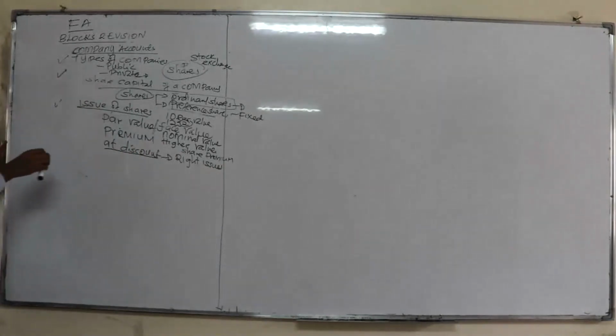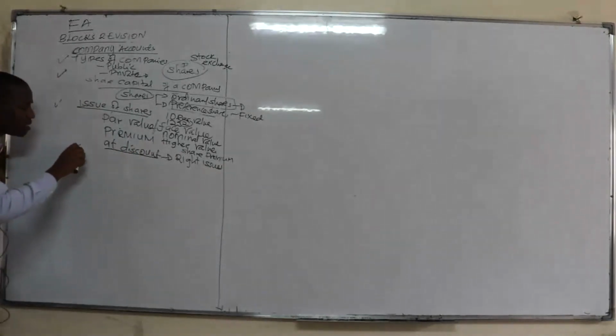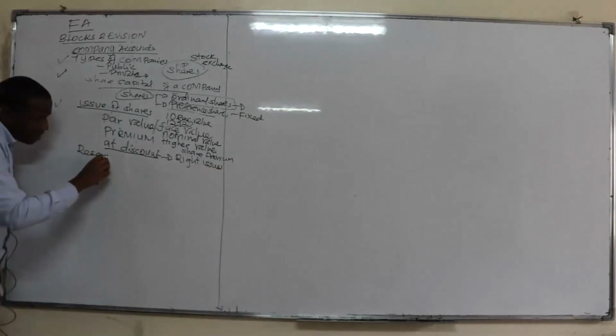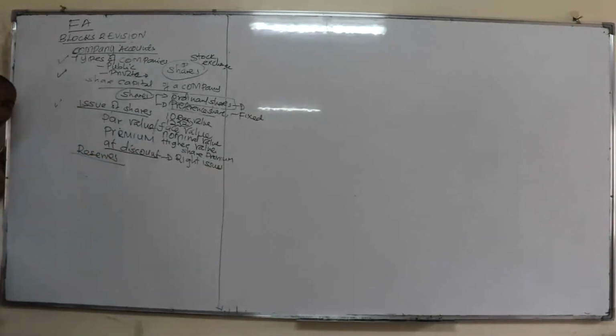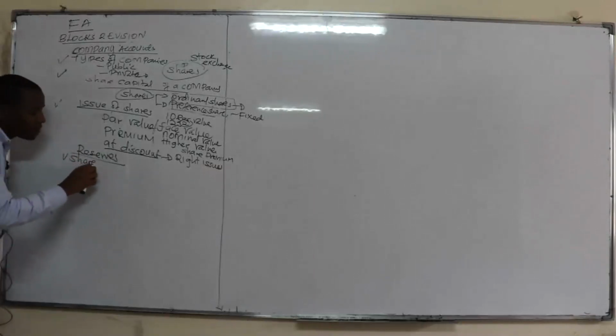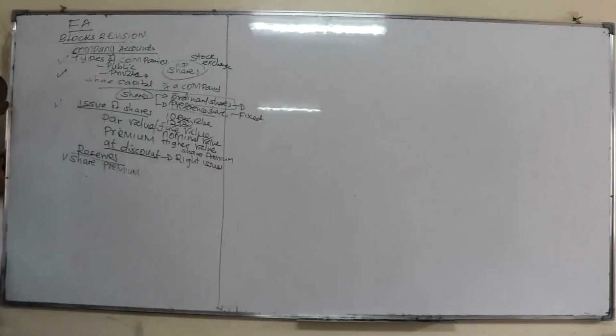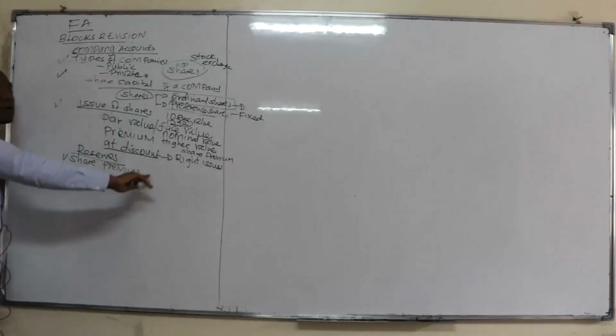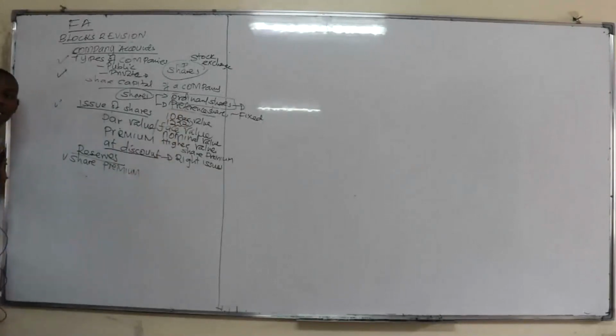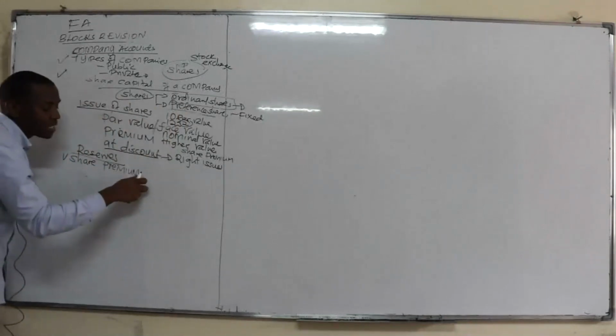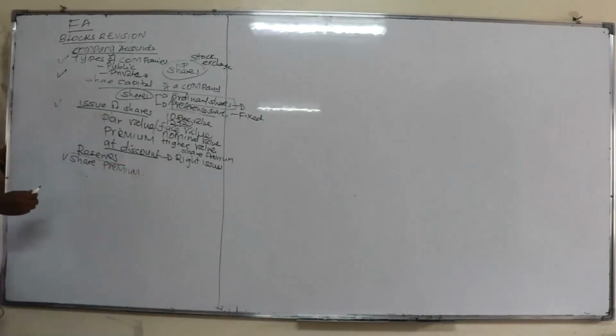Now, there is what we call the reserves on the company accounts. Reserves, number one, is what I've talked about here, what we call the share premium. And when we talk of the share premium, I've said it will arise as a result of this. Out of the amount that you will issue the shares at a price that is higher than the par value, the difference in this case, you have to take it to the share premium.